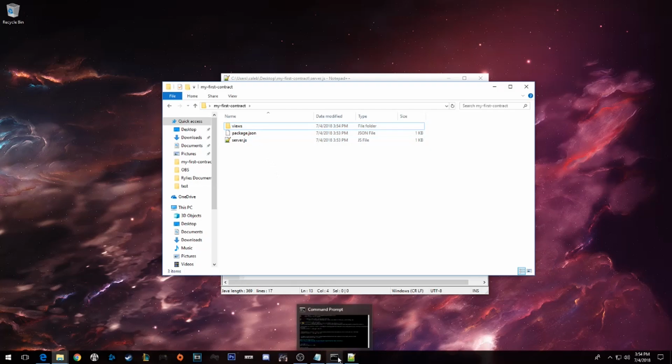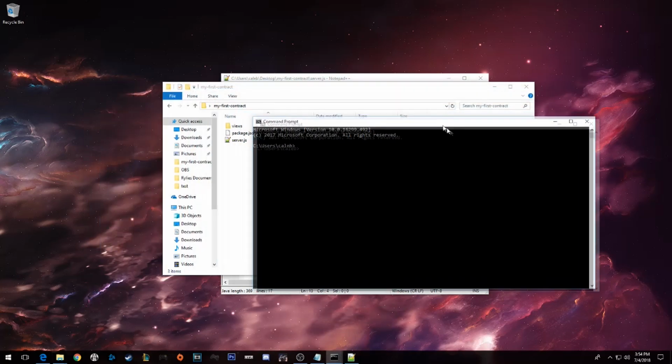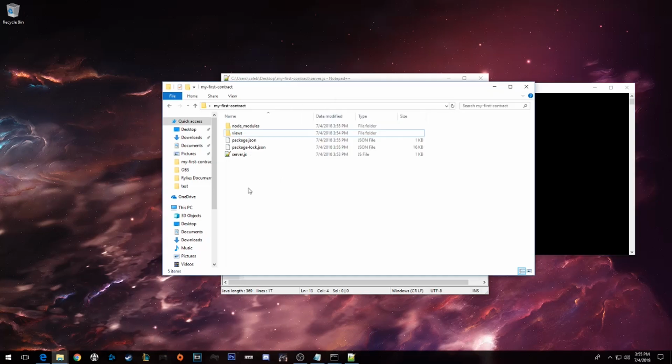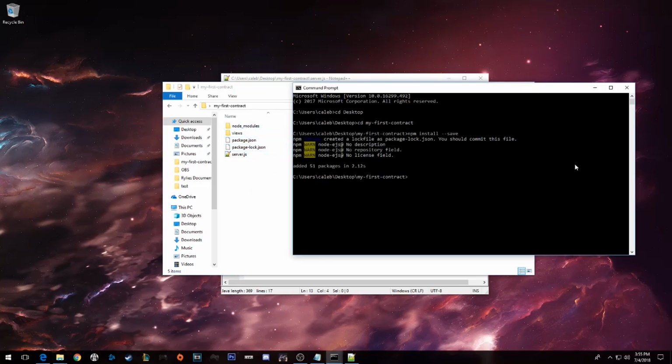So we open up command prompt again, cd to desktop, cd to my first contract, and now we're going to make use of that package.json by going npm install, and we'll do a --save, which will create a locked version of that package.json. Now you can see there's some node modules and package.json in here, and that means our server is ready to run. So node